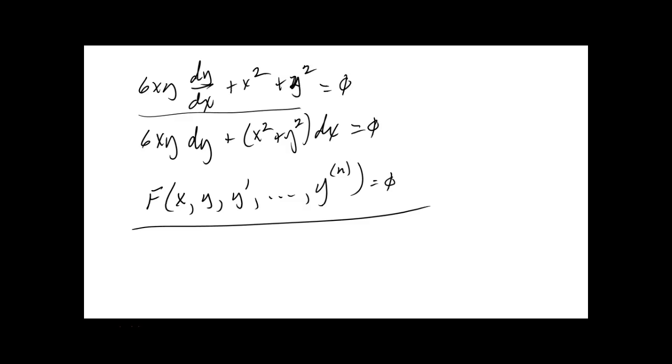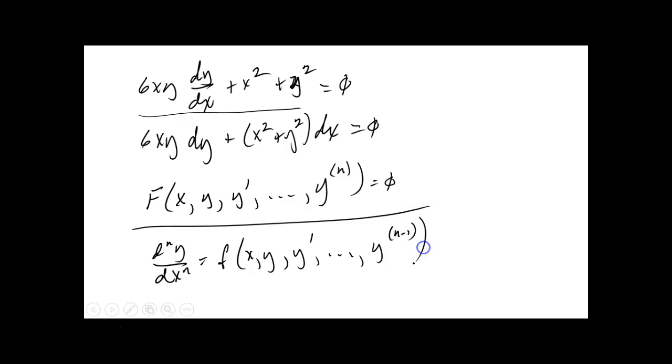Okay? So you could say, and using theirs, the nth derivative, d^n y over dx^n, would be equal to some little f function of x, y, y prime, up to y to the n minus 1. Okay? In other words, you can pull out